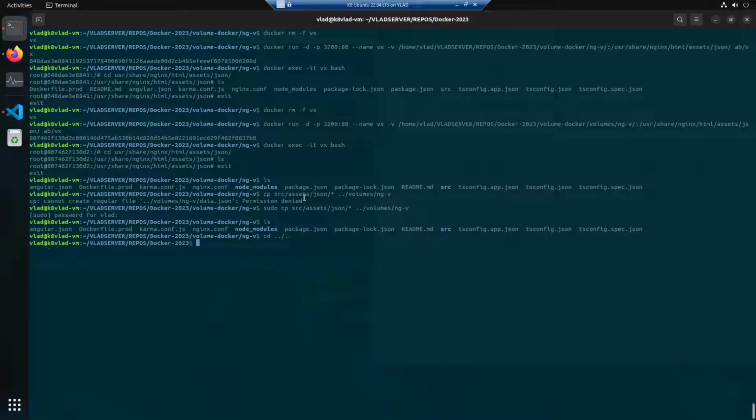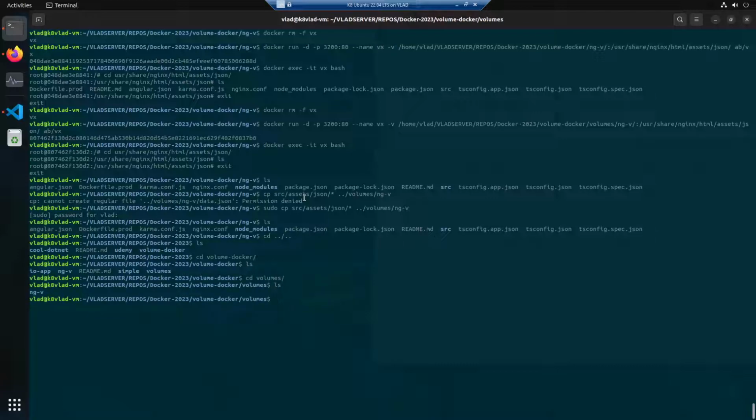So if you go to docker volume, go to volumes ngv, it should have data.json. All right,